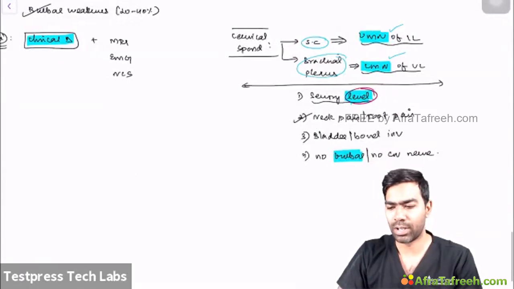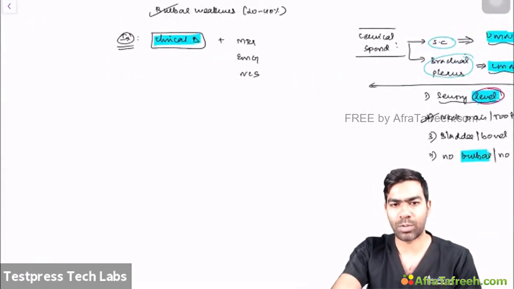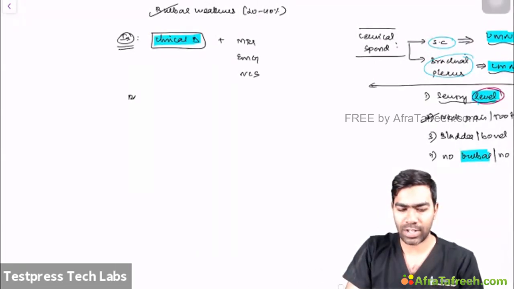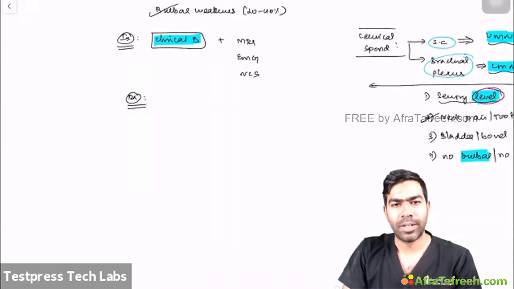That's how we're going to make. So the most important DD is cervical spondylosis basically, and you need to know why cervical spondylosis is a very important DD. And as far as the treatment is concerned, so treatment for ALS, you have multiple drugs that are